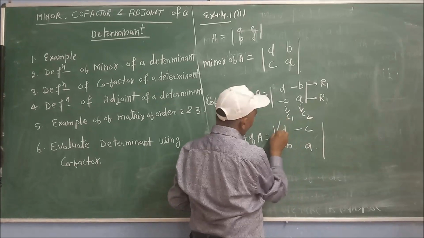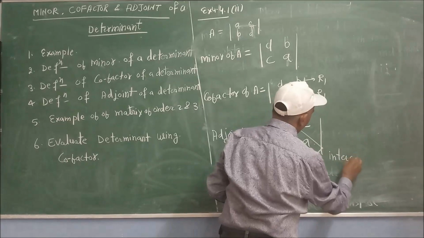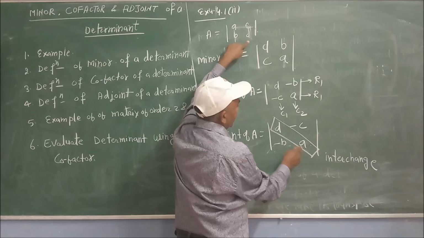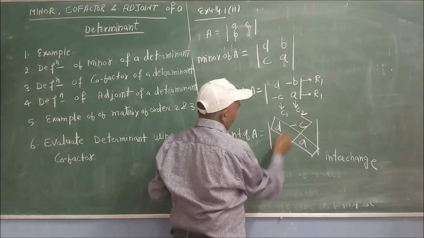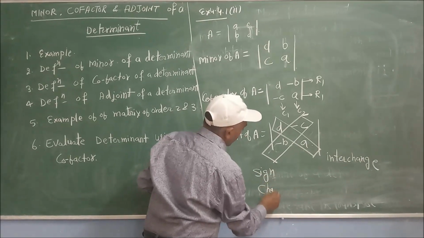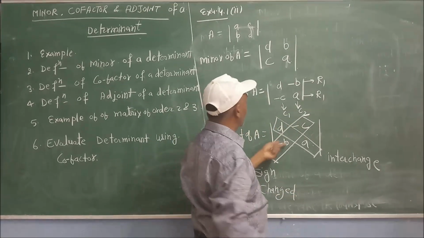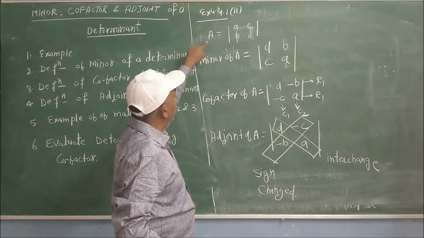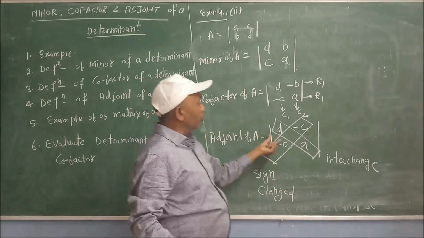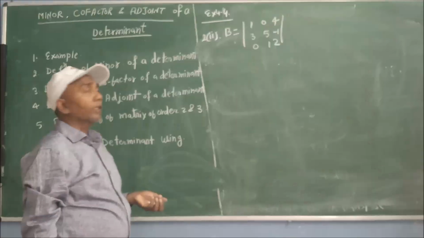So watch here. What is the change in this element? Here will be interchange. This element will be interchanged. In comparison with original element, here is A D, here will be D A. Interchange. And these elements are the same, but sign will be changed. Sign changed. Because see here B C, here minus B minus C. So sign of the element will be changed. So when a determinant is given, you can directly find adjoint of a determinant using this formula. So its element will be interchanged and its sign will be changed.